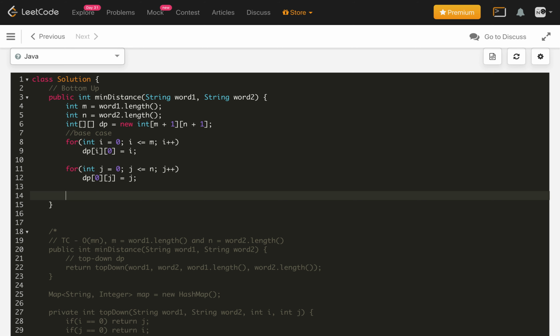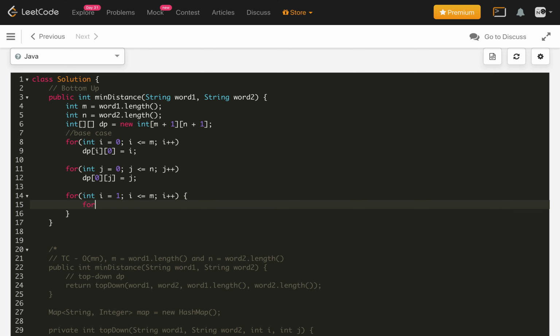So now we will run our main two for loops: for int i equal to 1, i starts from 1, i less than or equal to m, i plus plus, for int j equal to 1 and j less than or equal to n, j plus plus.